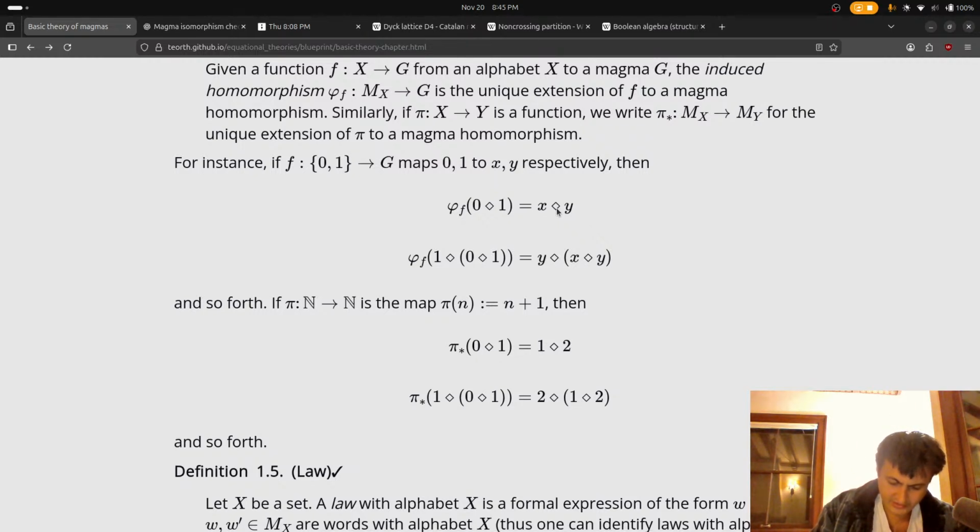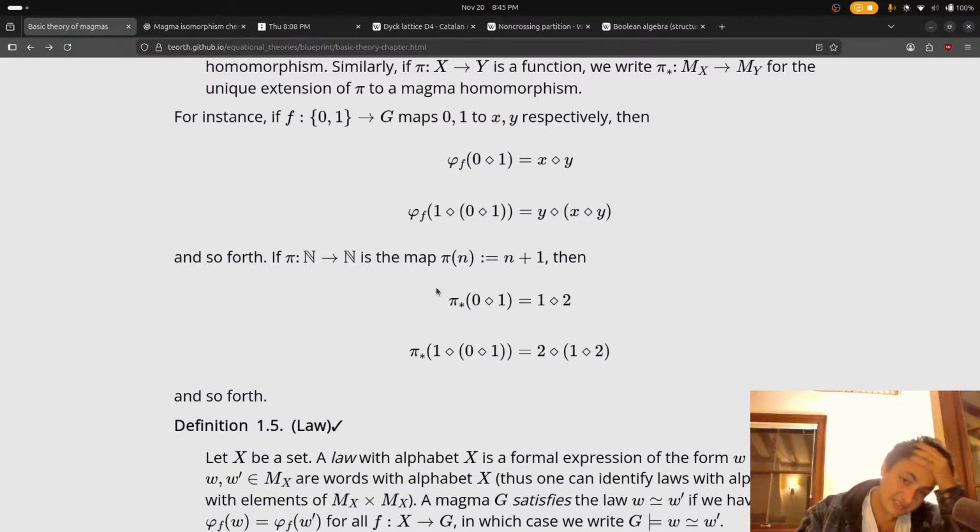This is an element of G. Similarly, we have something more complicated: 1.0.1 is equal to y dot x dot y, and so forth.